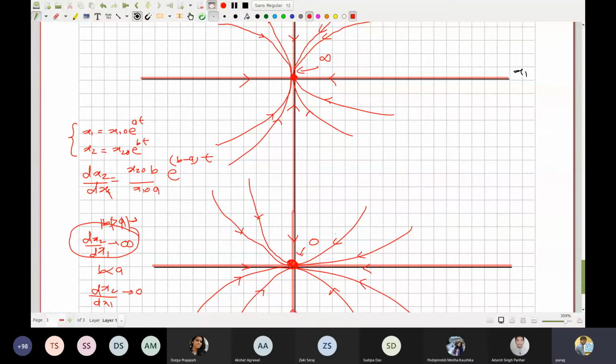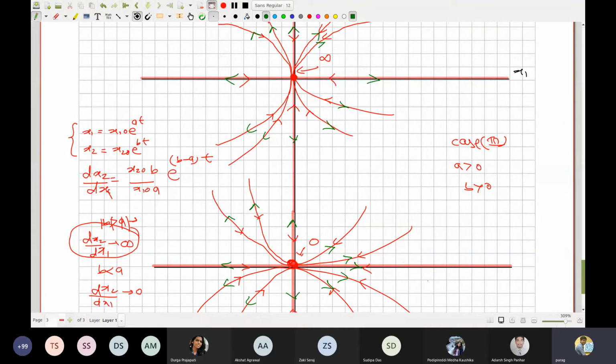And similarly for the third case, case 3, a is greater than 0 and b is greater than 0, which means every sign will become exactly opposite. Everything else will remain exactly the same. You are diverging. Again, I encourage you to do this analysis and see that when both the eigenvalues are positive, the system will diverge. The system will start from 0, 0 and blow up to an infinite value as the time increases to infinity, right?